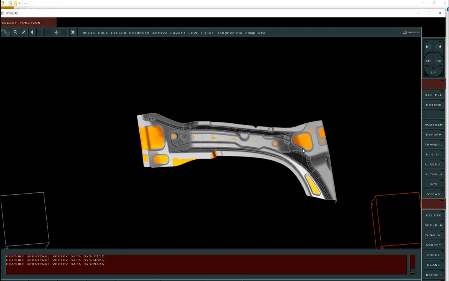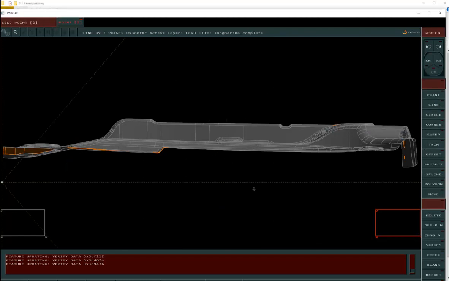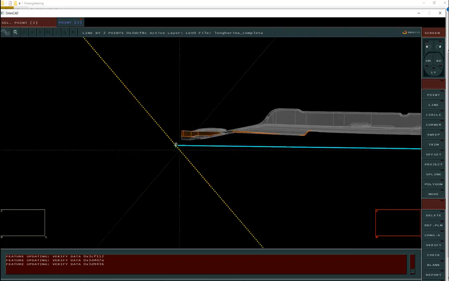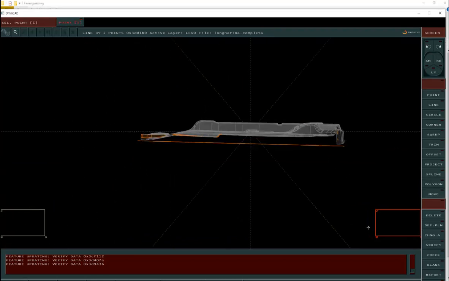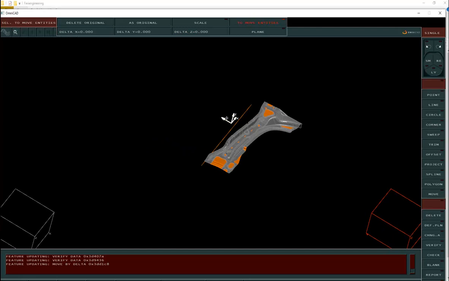Before going on, I want to define my binder. I will design my binder with the line by 2 points, screen here and screen here, or screen here and screen here, or get it up here, and move by delta zeta minus 35. This is my line of binder, and I will use this line for using sweep,